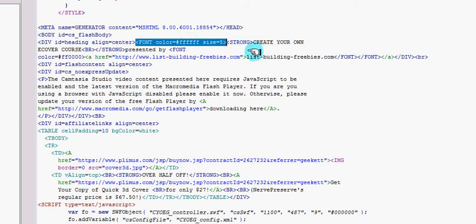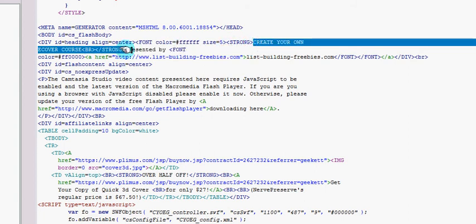If you know some HTML, you can obviously customize it. If you know your HTML, you're probably not watching this. And then here's where I typed in what I wanted to say: Create your own Ecover course, and then I put in a break. That's like a line break. And then I have presented by, and then I created a link out of